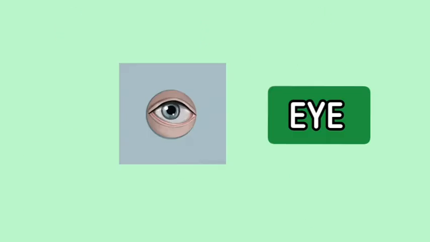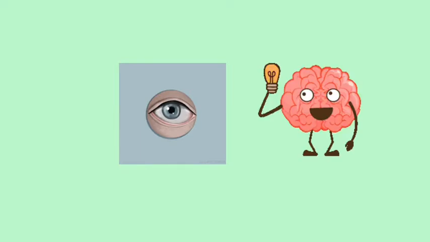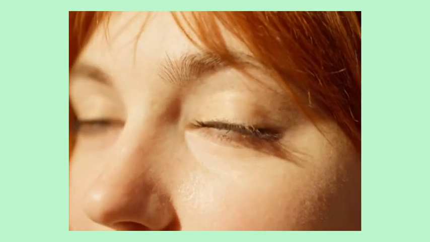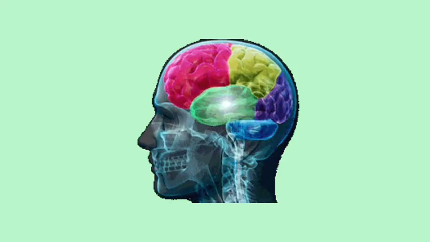As you are watching this video, your eyes and brain are constantly working together. Did you know that we don't see through our eyes, actually we see with our brains? As light hits the retina, the process of sight begins. The photoreceptors present in the eye convert light into electrical signals and send them via the optic nerve to the brain. Then the brain turns the signal into the images you see.